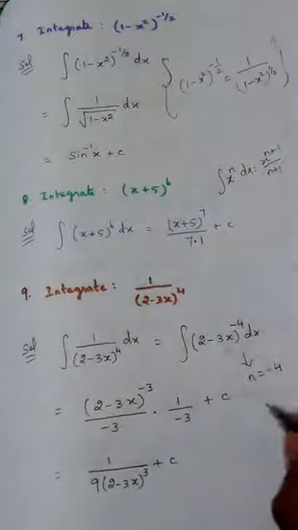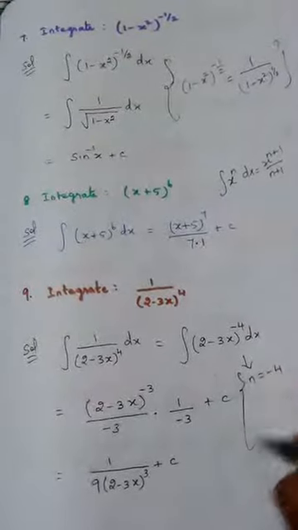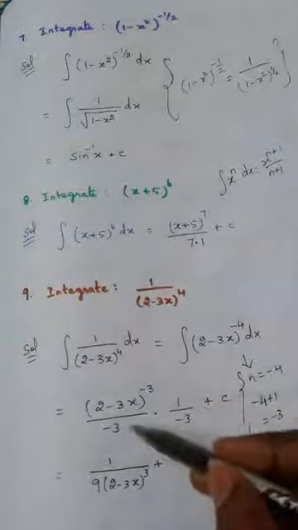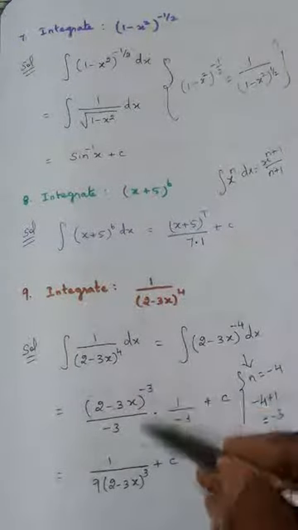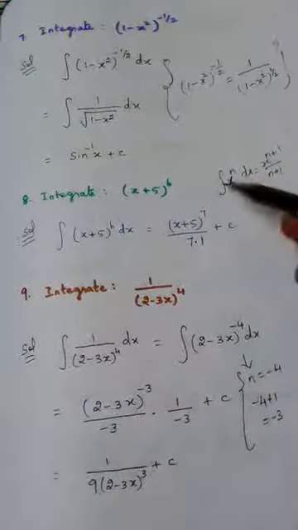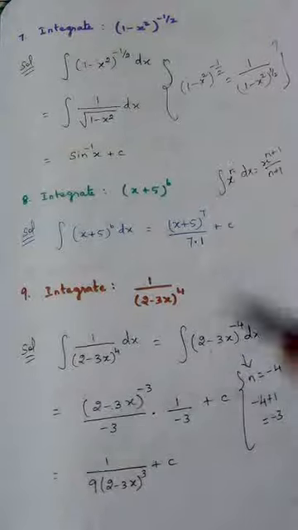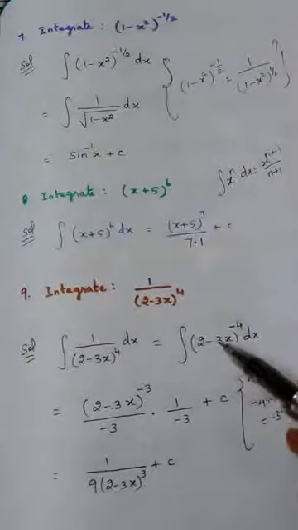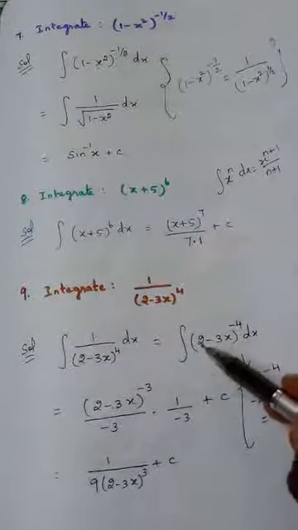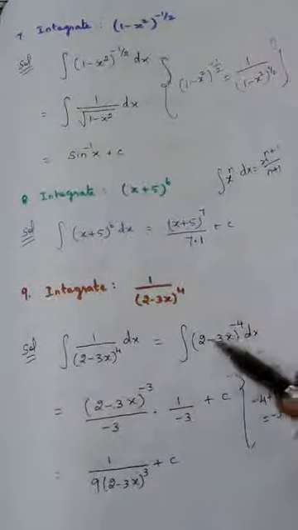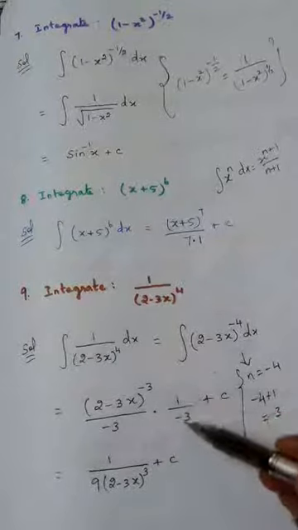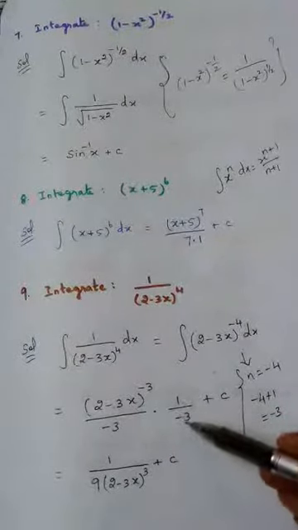So minus 4 plus 1, these are all rough column. Minus 4 plus 1, what is the answer? Minus 3. That is why I have written minus 3 by minus 3. So x power n plus 1 by n plus 1. But I should not stop here because I am applying the x power n formula, and in place of x, I have 2 minus 3x. So I should differentiate this once again. If I differentiate 2, the answer is 0. Minus 3x, if you differentiate, the answer is minus 3. So I should write that in the denominator. So 1 by minus 3 I have written.